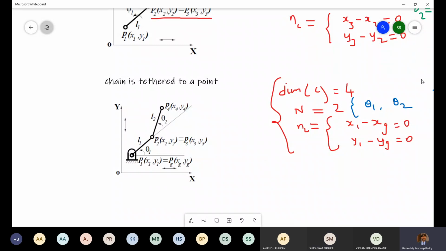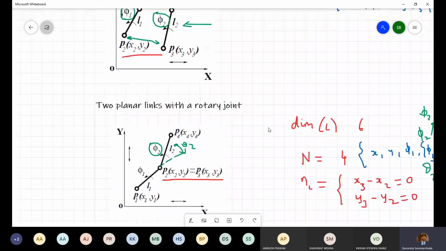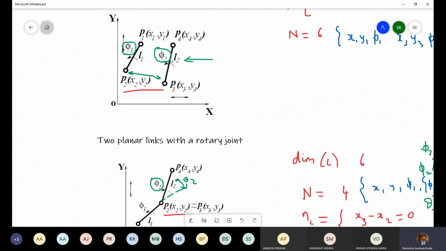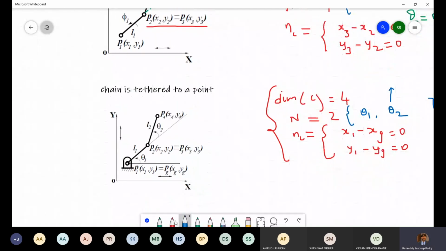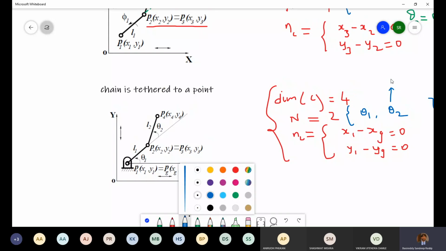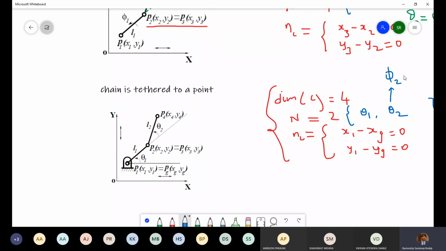Yeah. Now just to clarify this theta 2, when you try and relate it to phi 1 and phi 2, that was the original phi 1 and phi 2 here, that is, both of these can rotate anywhere in the plane, right? Now if you want to relate them, you will get theta 2 as phi 2 minus phi 1 and theta 1 as simply phi 1. So these are the 2 degrees of freedom.